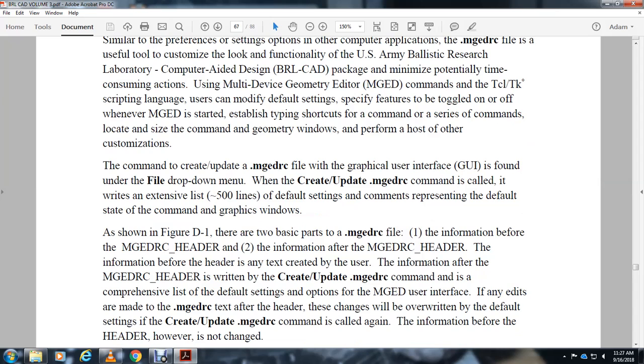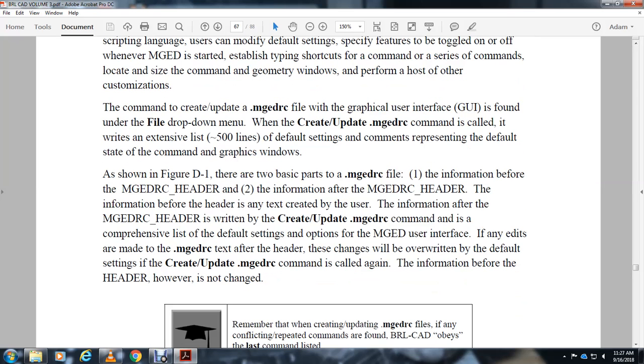The command to create the MGEDRC file with the graphic user interface is found under the file drop-down menu, to create or update the MGEDRC file with the command, with the right setting, the extent of the default 500 line setting, with the components representing the default state of the command and graphic windows. As shown in D1, there are two basic parts of the MGEDRC file,